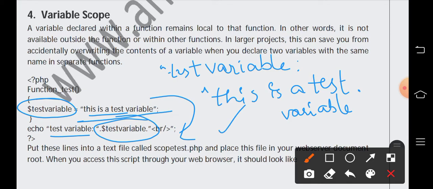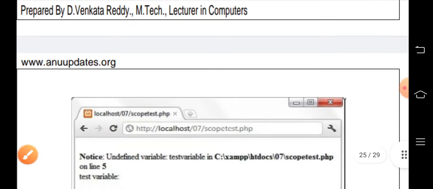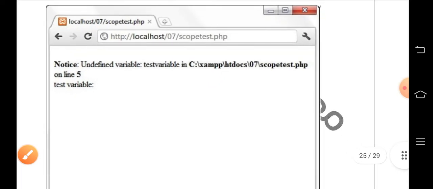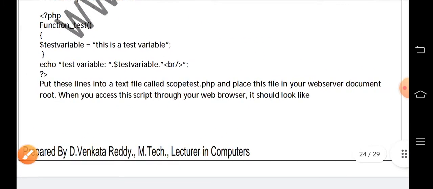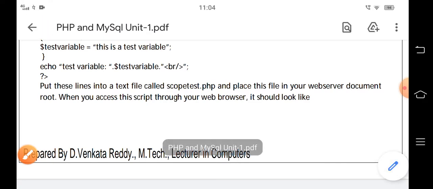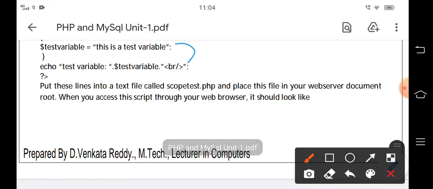But here this test variable is local to the function, and we cannot access this outside. So we will get the output, as you can see here, displayed as undefined variable. We are not getting this is a test variable. Why? Because that is a local variable, and we are trying to access it outside of the function.